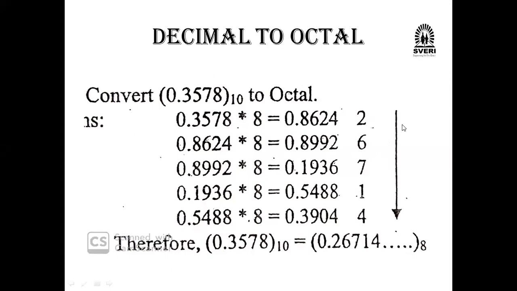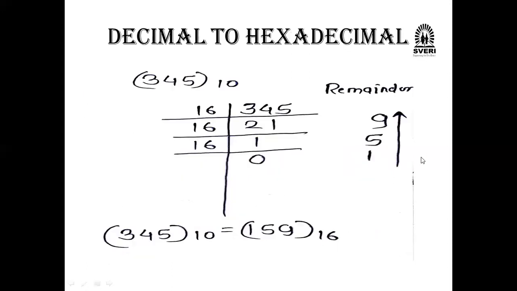नेक्स्ट वन डेसिमल टू ऑक्टल हो गए अभी. नेक्स्ट कौन सा है? डेसिमल टू बाइनरी है, ऑक्टल हो गया. और कौन सा बचा है अभी? Hexadecimal. Hexadecimal is the answer left here now. So decimal to hexadecimal conversion we have to do here now. Simple thing. अभी बाइनरी को 2 से डिवाइड किया है, ऑक्टल को 8 से डिवाइड किया है, अभी हेक्साडेसिमल को 16. 16 numbers are there in the hexadecimal. So divide by